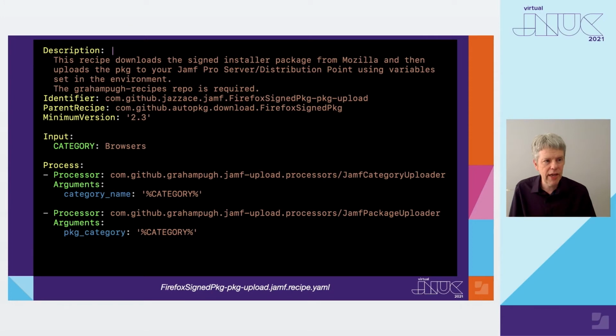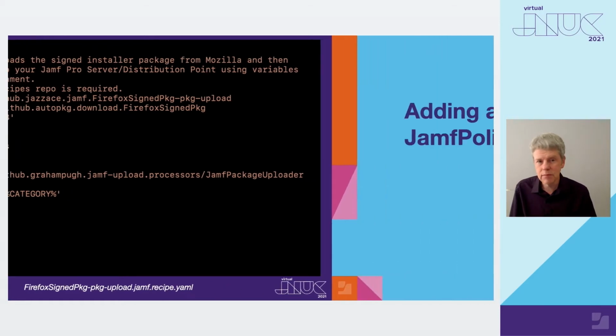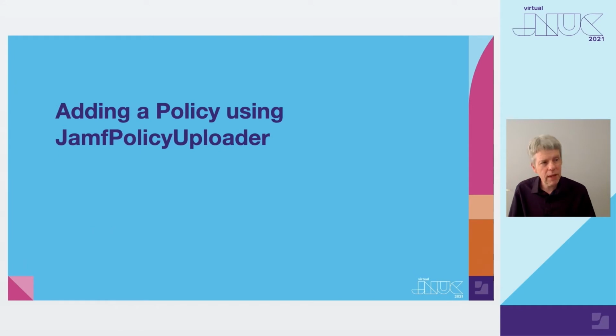As Graham mentioned earlier, the Jamf Category Uploader Processor will create any category that does not already exist on the Jamf Pro server. But what if you want to limit yourself to categories that already exist? You can choose to completely omit the Jamf Category Uploader Processor step. The Jamf Package Uploader Processor will assign the category without issue if it exists, but will cause a failure if it doesn't. This is actually what I want for my personal workflows, so my -package-upload recipes only need one processor step. Simple.